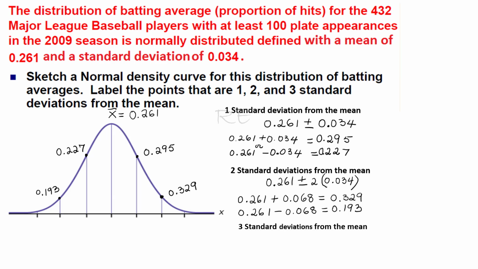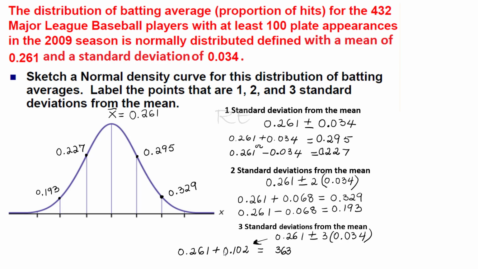We're asked to label points that are 3 standard deviations from the mean. The 2 locations are 0.261 plus or minus 3 times 0.034. 0.261 plus 3 times 0.034, which is 0.102,